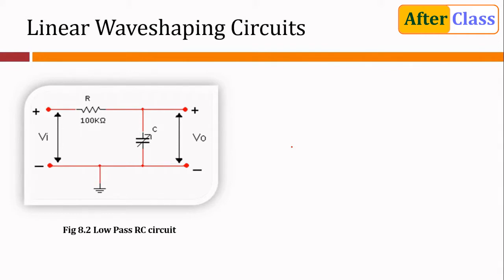Now you see here the low pass RC circuit as shown in this figure. In a low pass RC circuit, the output voltage V out, or VO, is taken across the capacitor. The resistance offers a fixed opposition here. Since the reactance offered by the capacitor C falls with the increase in frequency, low frequency signals develop across the capacitor, but signals of frequency above the cutoff frequency, that is F2, develop negligible voltage across the capacitor C.